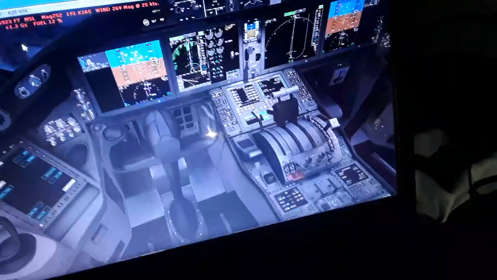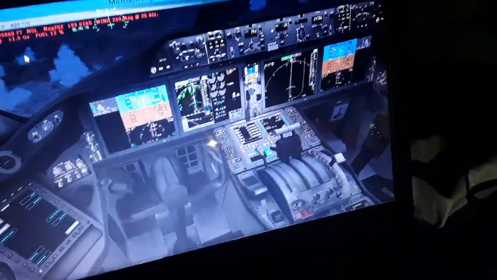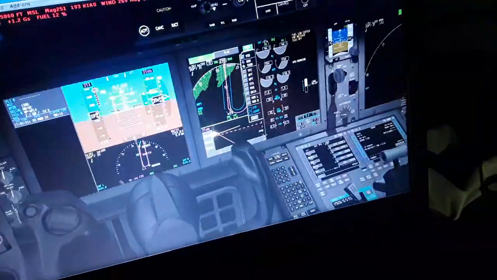So we have here my own navigation, keep going, 35, and we keep climbing now, 39,000 feet over here,